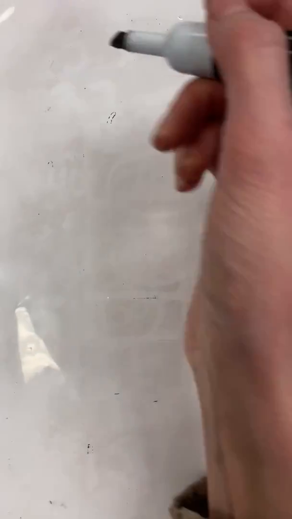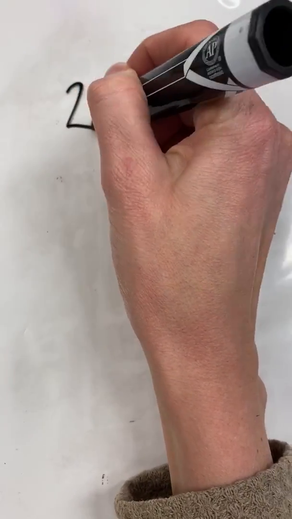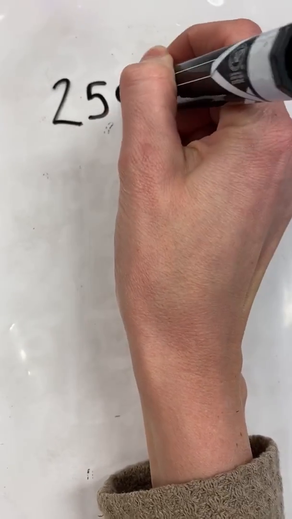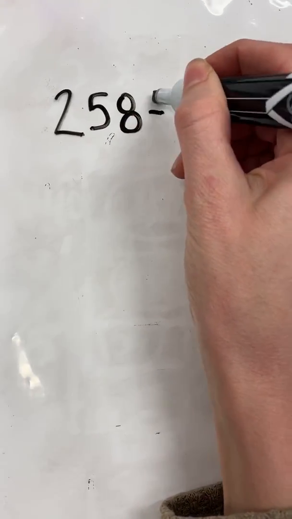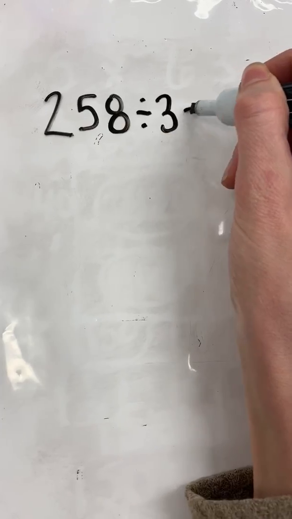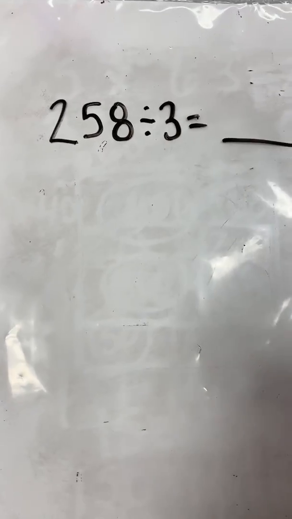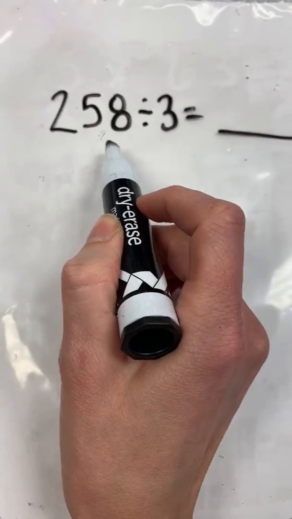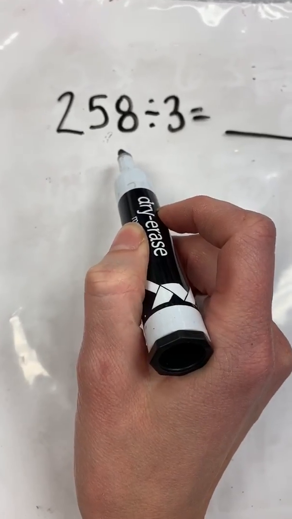Today I'm going to show you how to solve a division equation, still using the area model. For this example, I'm going to solve a 3-digit divided by a 1-digit. So I'm going to solve 258 divided by 3. So this time I know I'm now starting with my total amount, and I know to